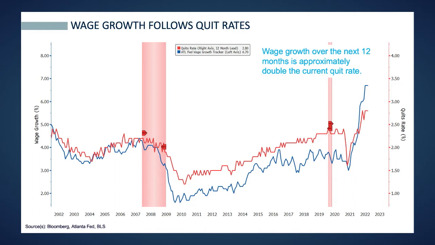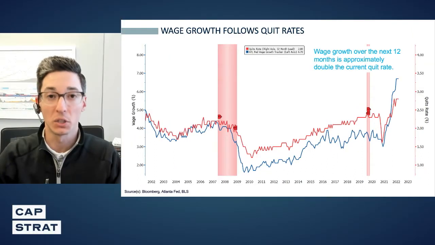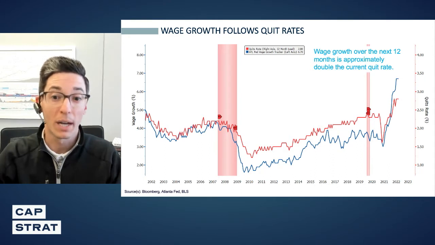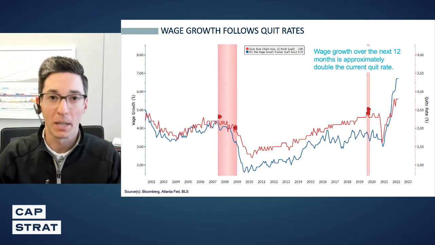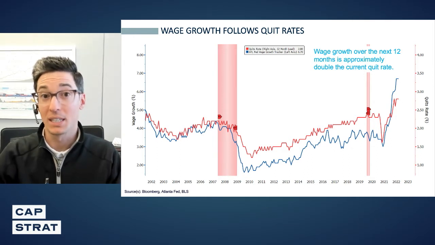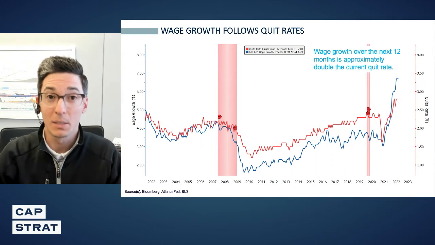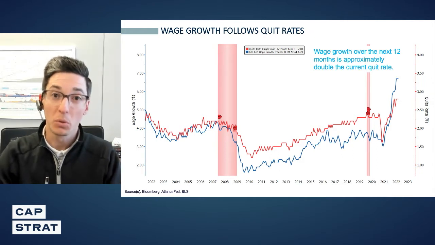Workers are in high demand. They can leave their job, go somewhere else, potentially get a pay increase. And that's exactly what has been happening. You see the red line has gone up close to 3%, near an all-time high for quit rates. We know a lot of this was brought on by the pandemic, but overall this has continued because it's been very easy to quit your job and go find another job and in a lot of instances get a raise, a pay increase, which is what we see in the blue line.